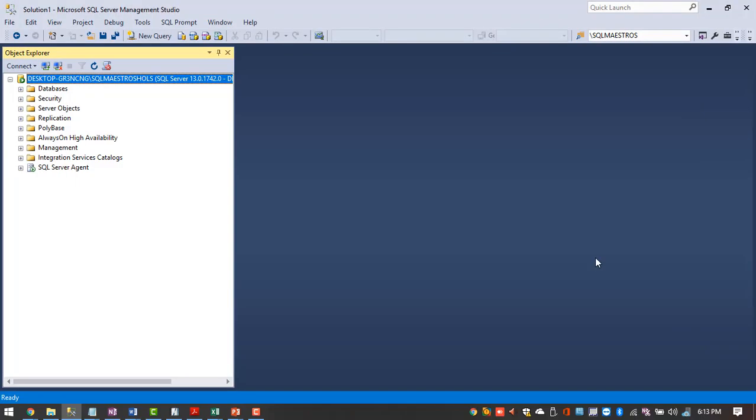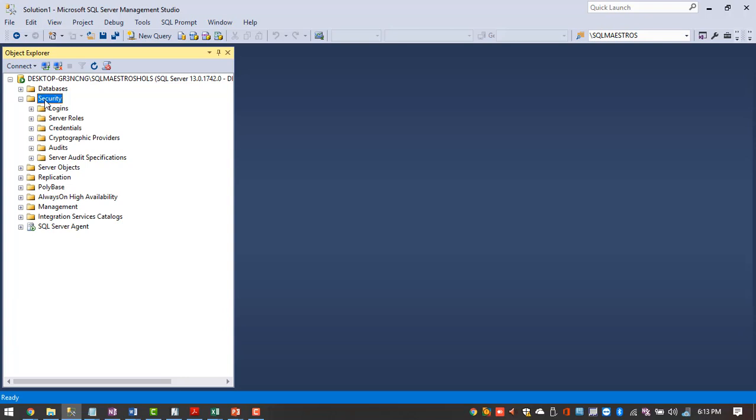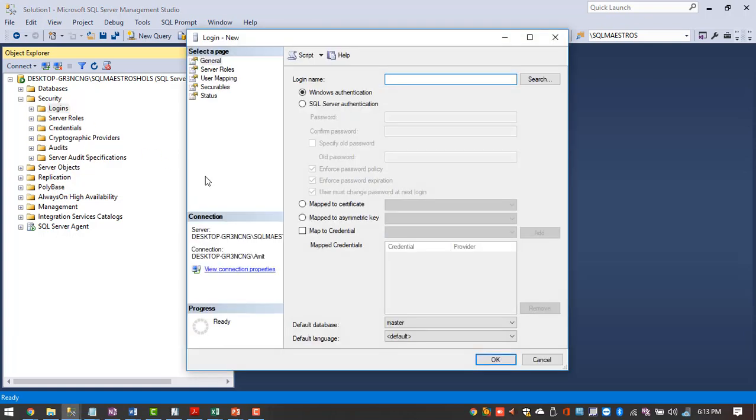I'm opening up SSMS now. So SSMS is in front of me, and to create a login, we just need to connect to the server and then expand the Security folder. If we expand Security, there are multiple options available, and the first one is Logins. You just need to right click on Logins and click on New Login. This will open up a small wizard where you need to fill in a few options so that we can create a login in SQL Server.